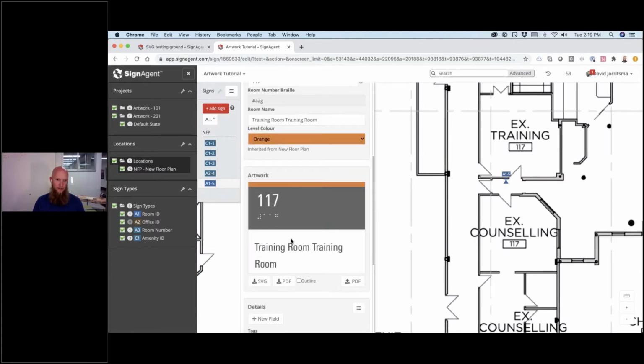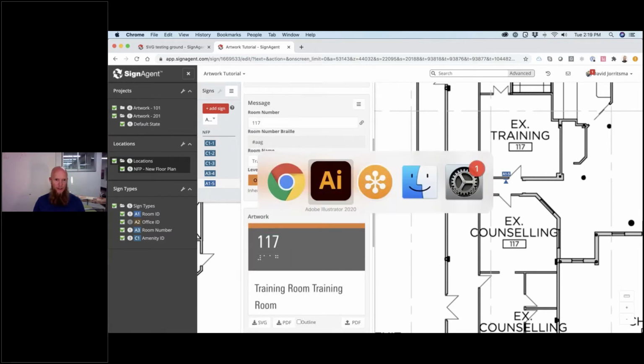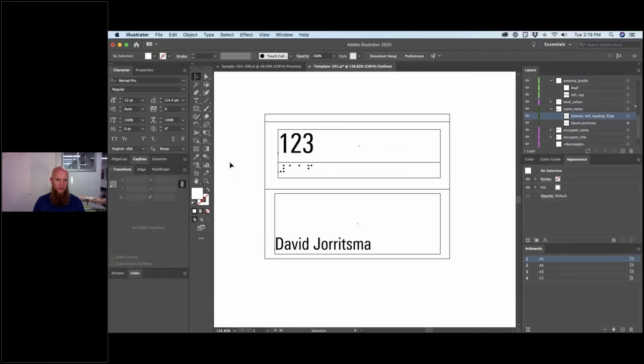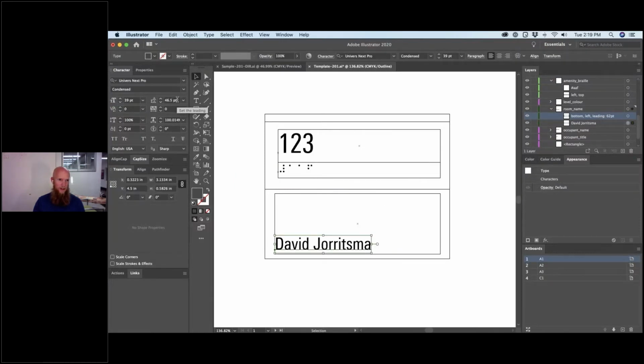There we go. So it has gone basically starting from here. When it goes to a second line, it sort of jumps up to the next line, and this is a little harsh of a break. So you can come back into the Illustrator file, and if I select this, you can see that there's actually a